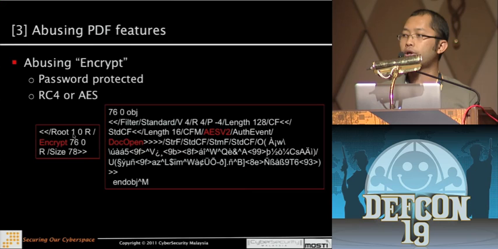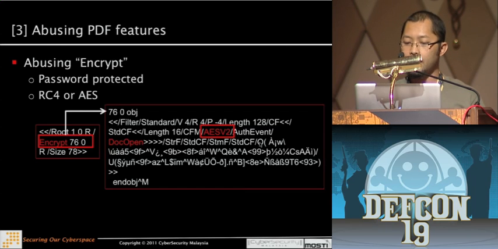When I mention Encrypt, it's not really about protecting the document itself, it's rather protecting the streams. For example, /Root has an Encrypt dictionary, which will point to object 76 over here. If you look at object 76, its declaration says it is going to be encrypted with AES encryption,